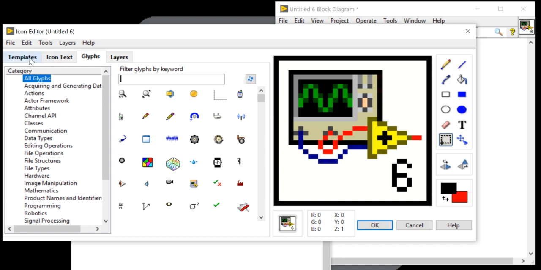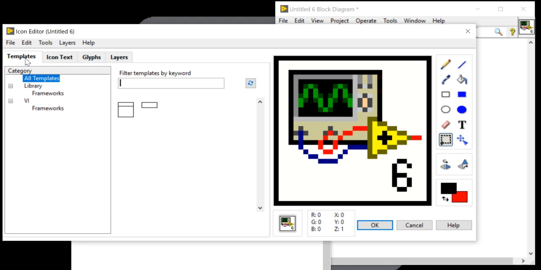dialog box. By default, you will get the template here. Templates, icon text, glyphs, layers, filters and this one. Okay, template icon.